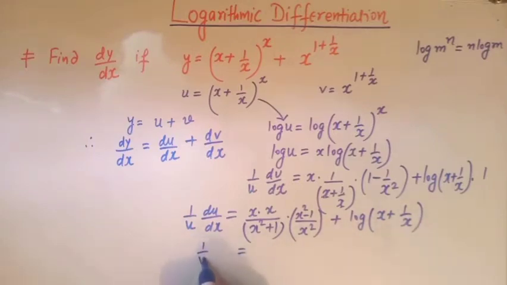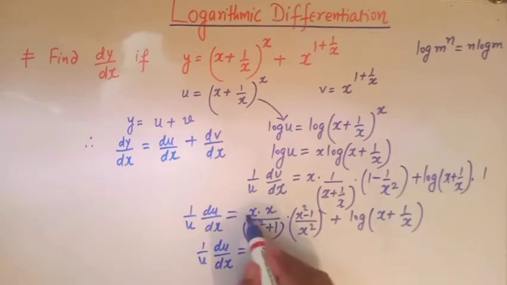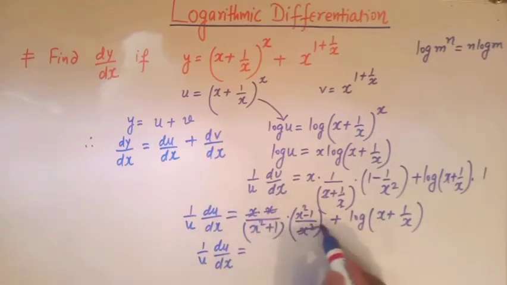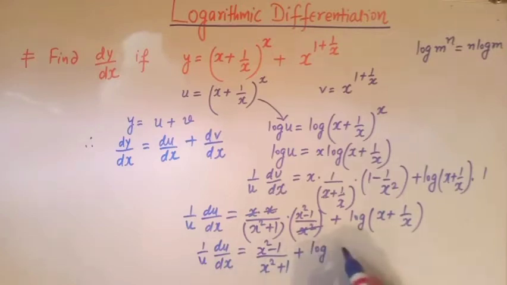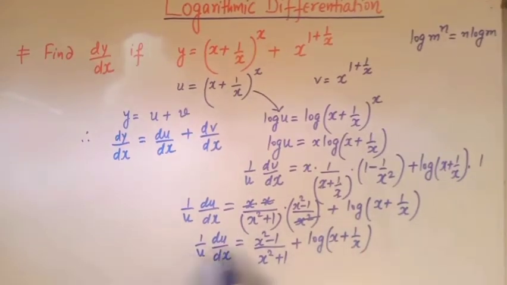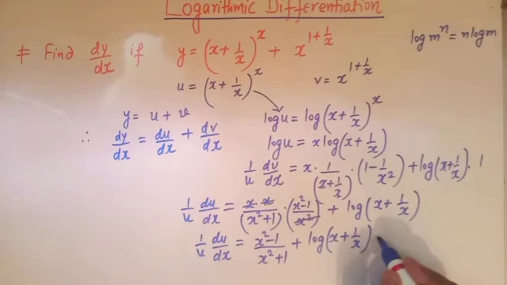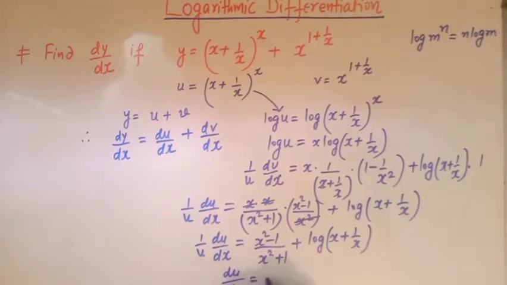So 1/u du/dx can be written, this x and this x² get cancelled, and we are left with (x² − 1)/(x² + 1) plus log(x + 1/x). And if we take u to this side, then we have du/dx is equal to u times